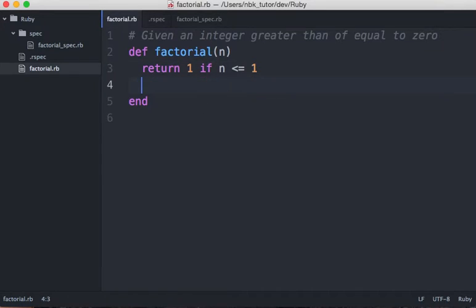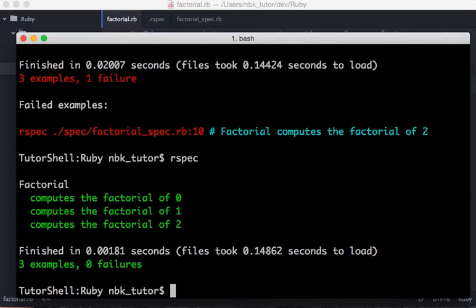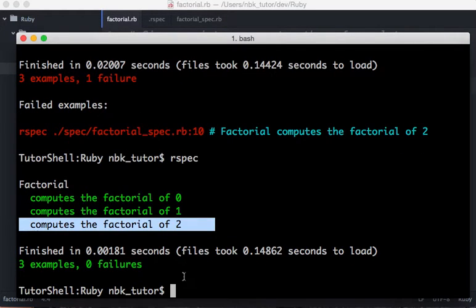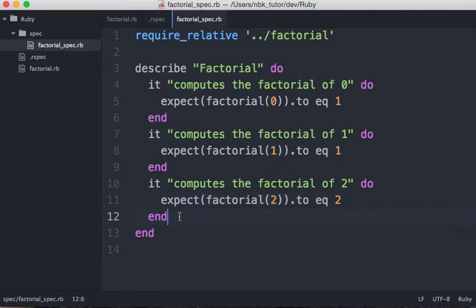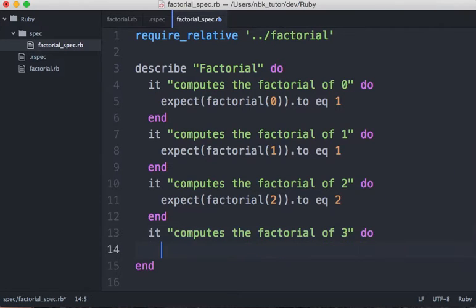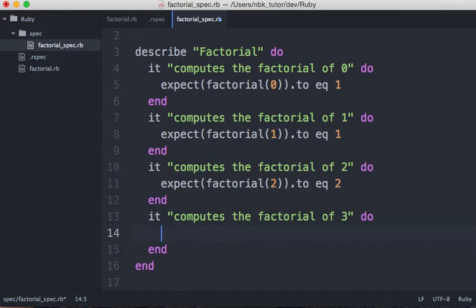Okay, let's go and make it pass for 2. So return 1 if the input is less than or equal to 1. Otherwise, just return 2, right? You can just say like that. So let's go and see the test pass. Great. Now we're ready to write another test. So let's go. It computes the factorial of 3. Do. And then there, expect